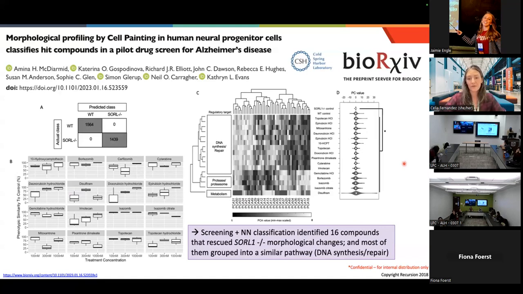Interestingly, most of them grouped in a similar pathway as well. That little bit is important, right? Because if they found that the group of compounds that seemed to be effective were all from a smattering of different pathways, that could indicate some randomness and that maybe things aren't working the way that they think they should. The fact that all of these compounds were coming from a similar pathway means that, hey, maybe they're actually targeting something that's biologically relevant that is actually helping the cells.